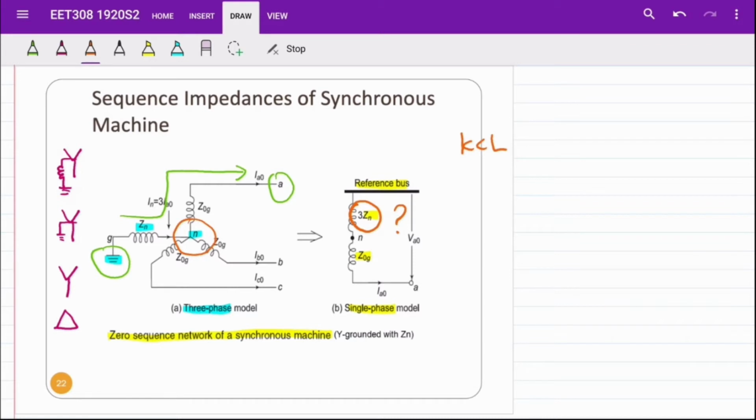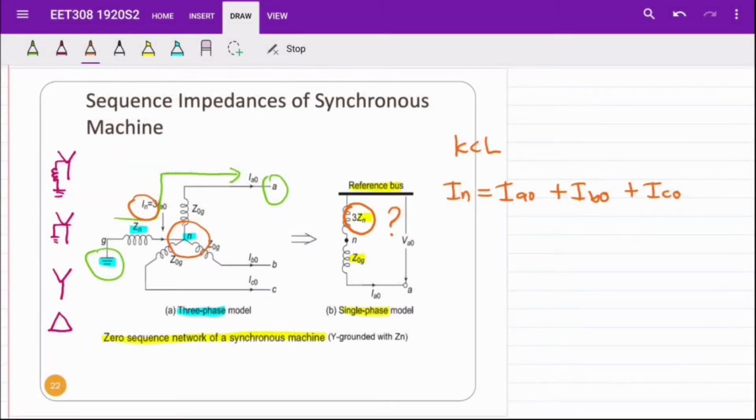So the current IN is equal to IA0 plus IB0 plus IC0. Since the generator connection is balanced, the symmetrical components IA0 equal IB0 equal IC0. Therefore, we can write the IN equation equal to